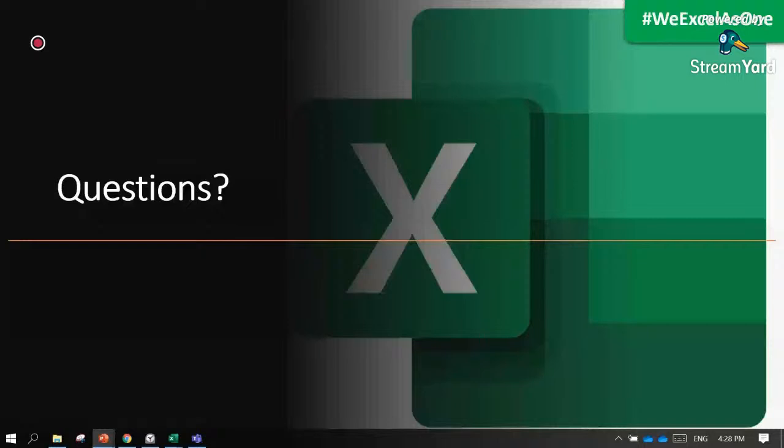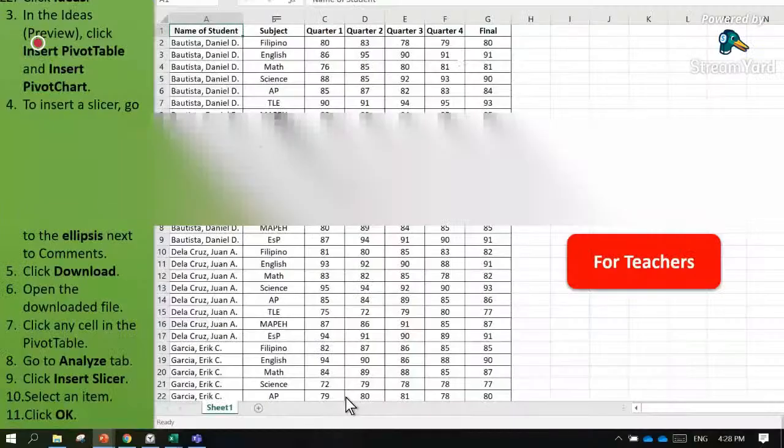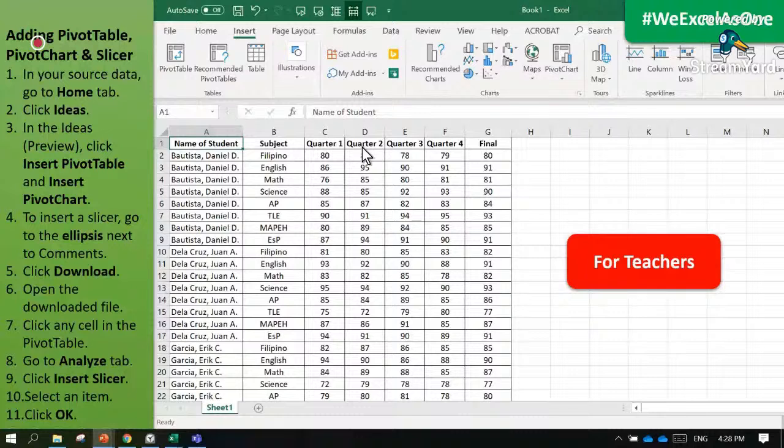Like if we have this data of grades of our students from quarters 1 to 4, and having this format of the source data, we can convert this into a dashboard like this using the pivot table, the slicers, and the pivot chart. So you can have a dashboard like this to filter the grades of students.